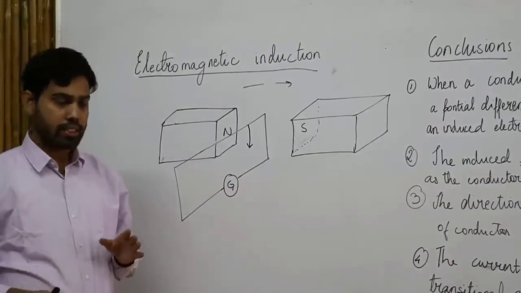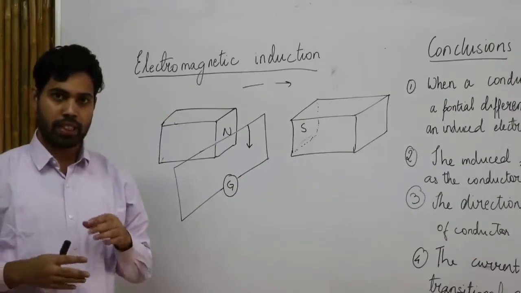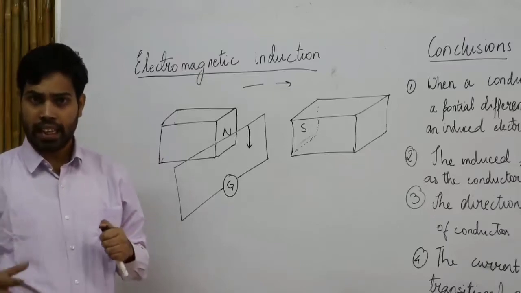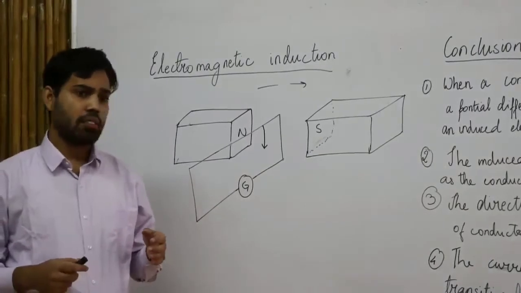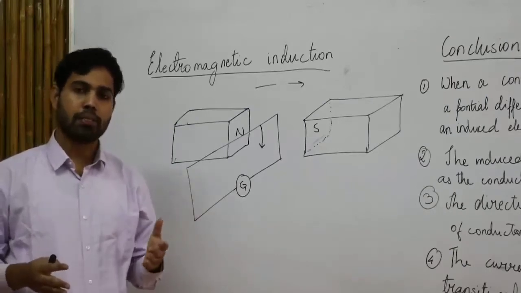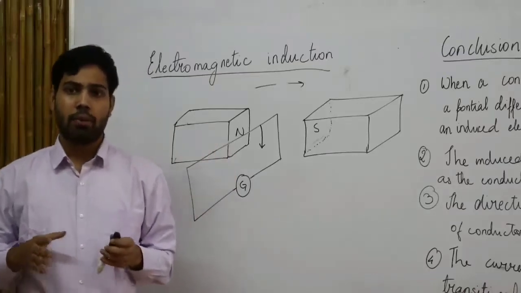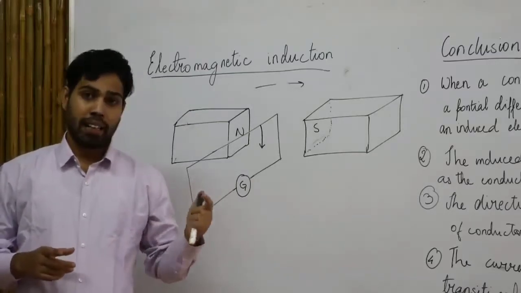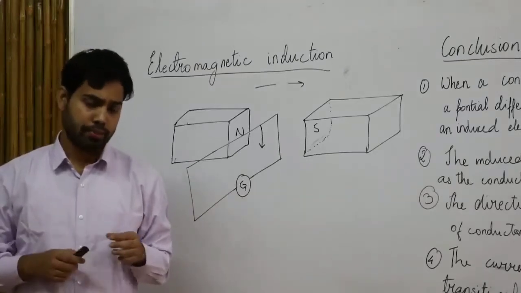Okay, so in the earlier class we learned about electric motors, and before that we looked at various phenomena and effects. We looked at how a current carrying conductor behaves when I place it in a magnetic field, what forces are felt by it, and what happens to the conductor because of this force. We have seen those. Now in here we'll be looking at what will happen if I take a simple conductor, place it in a magnetic field, and then try to move the conductor.